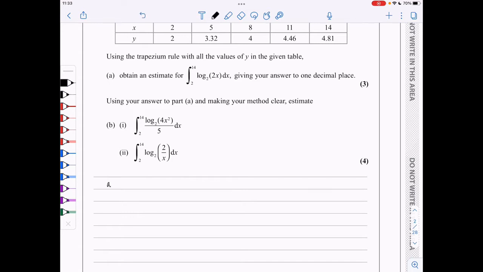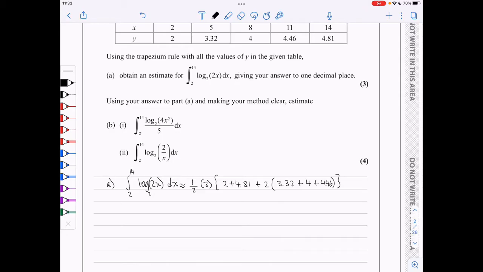So the trapezium rule is given in the formula sheet, so the integral from 2 to 14 of log 2x base 2 will be approximated by a half times the height of the trapezia, which is the difference between two consecutive values of x, which is 3, and then we put the first and the last y value once. So it's going to be 2 plus 4.81 plus all the intermediate y values twice, so 3.32 plus 4 plus